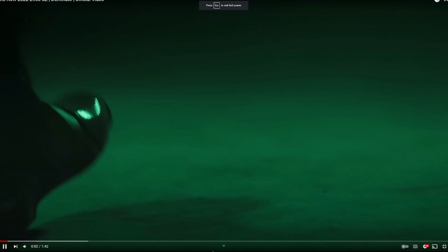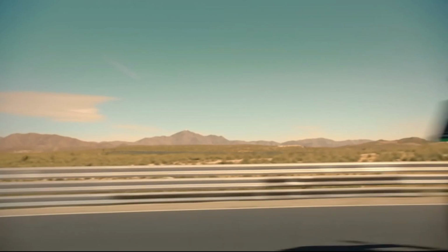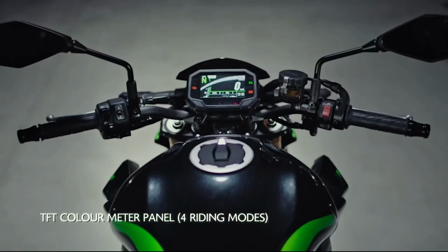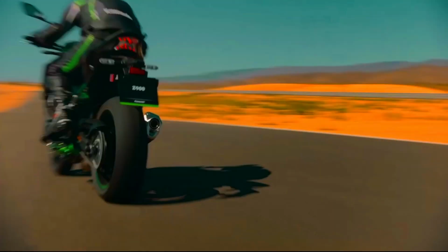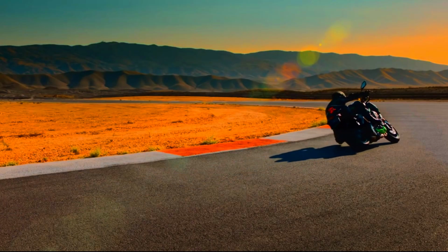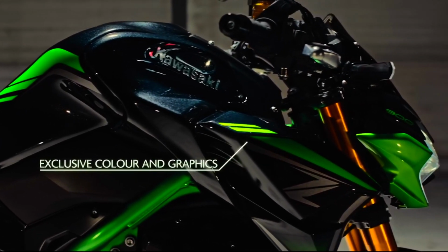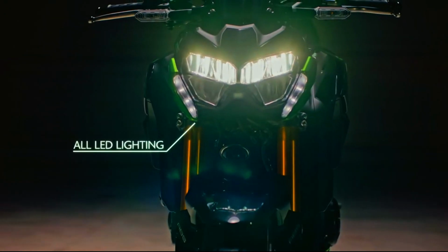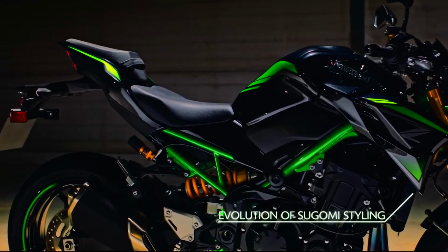There's also an SE model, so that one does have a little bit fancier features. You're getting gold forks. The travel seems to be the same, so whether or not they just made them gold and are charging almost $2,000 more, who knows. But I think for the price, if you're just a hardcore Kawasaki fan, then you could put everything I just said behind you and get what you want. It's not a bad looking motorcycle. I just feel that it's a little bit of a letdown as far as...